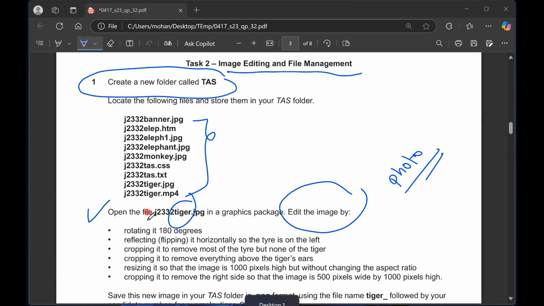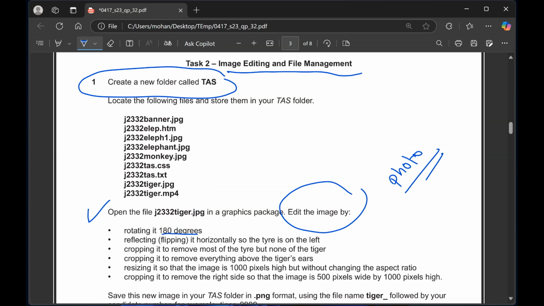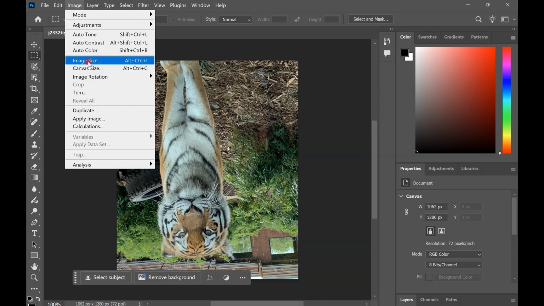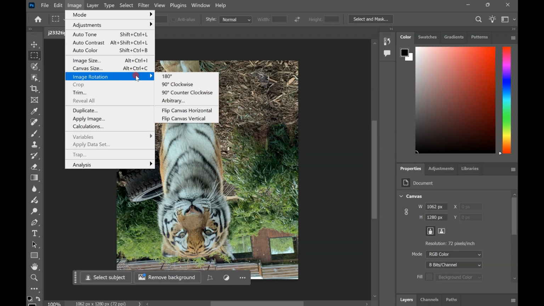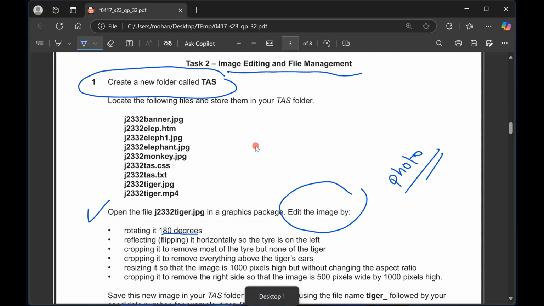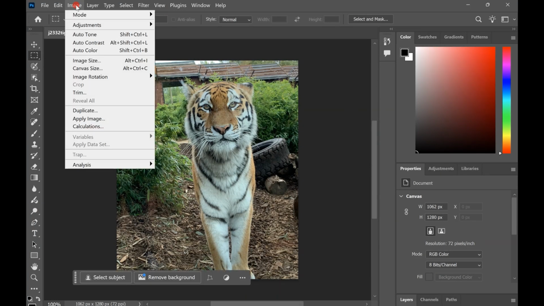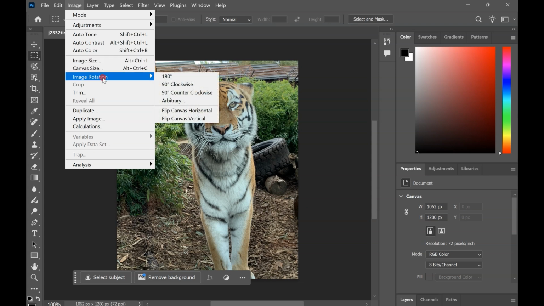Next, we need to rotate it 180 degrees, so the picture should be rotated 180 degrees. To do it, I'll go image, and most of them are here, by the way: rotation, image size, flipping, everything. So I'll go image rotation, and I'll make it 180 degrees, and reflect it horizontally so that the tire should be on the left. So I'll go again, image, and then again image rotation, but this time I'm going to select flip horizontal,